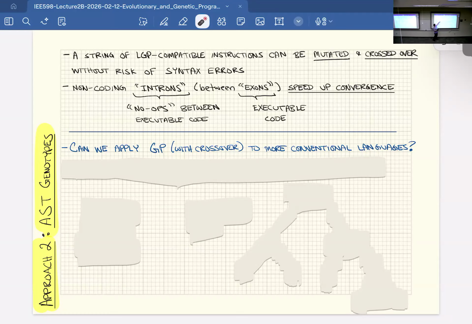And what people have found is that when you have linear genetic programming with lots of introns, lots of junk between the things that are actually executable, then it speeds up convergence on program solutions. These become little laboratories carried along in the genotype that allow for things to mutate, and then suddenly you get a mutation that turns off that jump statement. Now all that code that has been mutating on its own and not having any impact on fitness starts running. And that allows for jumps in fitness, because you suddenly get a totally new function that a single point mutation wouldn't have been able to give you before.